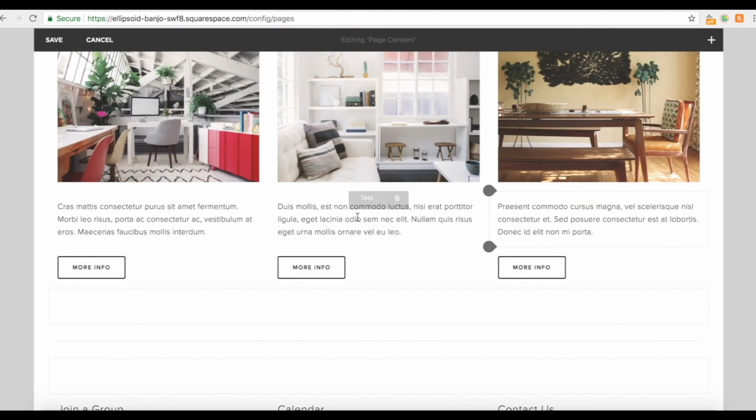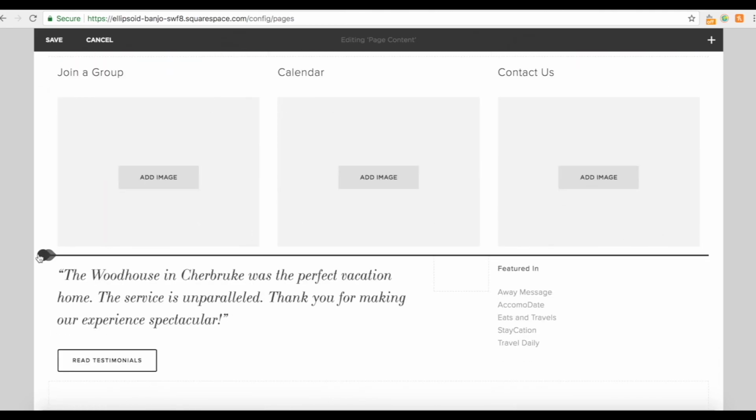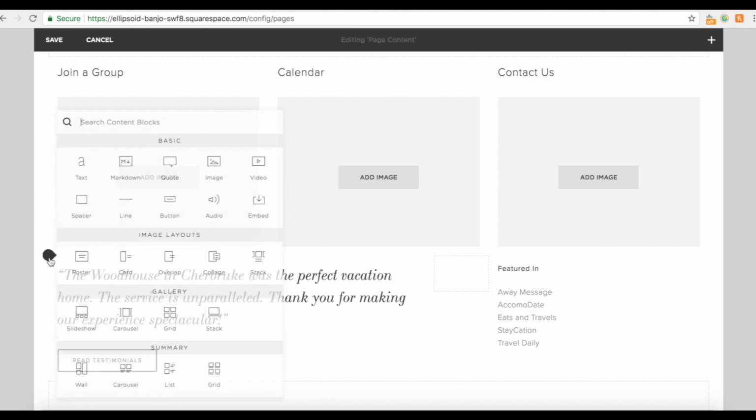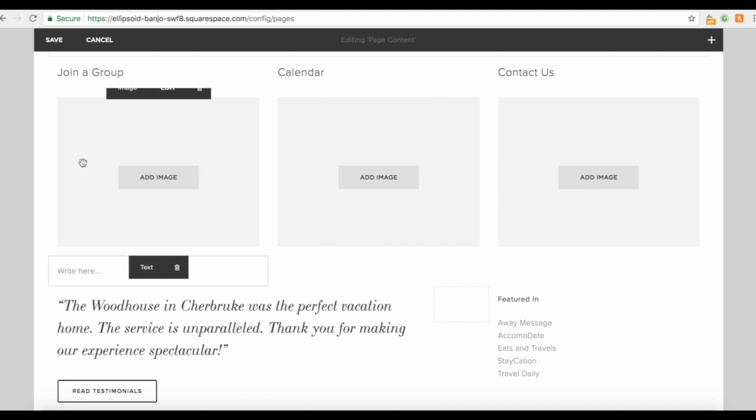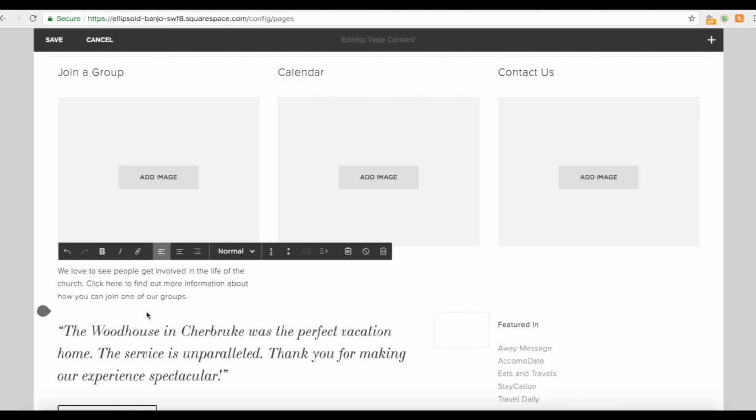So now we want another text box underneath each image. So again, same idea. We don't want to use this line because that will put it underneath all the images. We want it just on the individual image that we want. So we're going to click this. We're going to click text box, and we're just going to paste in the text that we want. Now, when there is text above another text box, it can get a bit confusing because SquareSpace likes to join